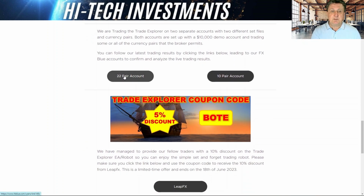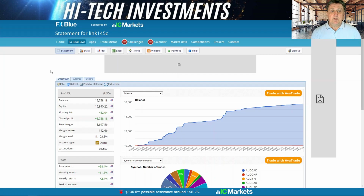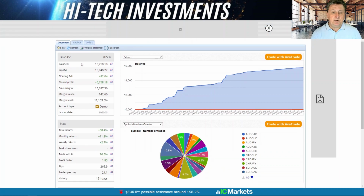This is the FXBlue one, and we're going to start off with the 22 pair account. So when we arrive at the account here, we can see we started off actually with $10,000 back in May. We can see the balance has now grown to